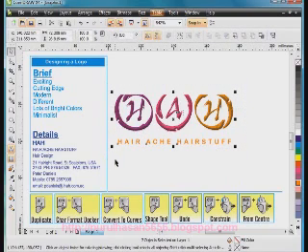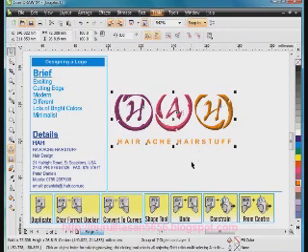Finally, select everything and group. So I'll select the group option up here, and so we've got a number of objects grouped ready to go for us to use in the rest of our